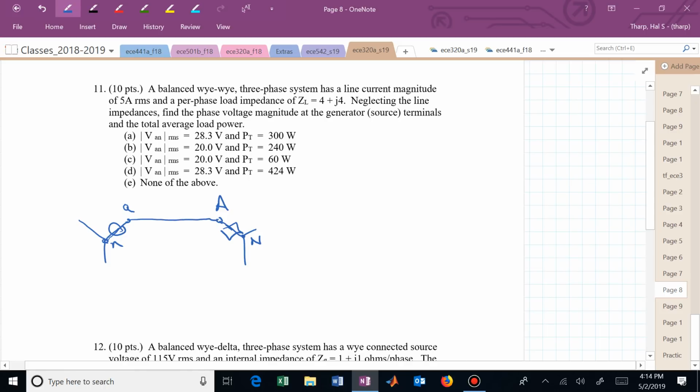We were told that nothing is really happening in the line, but we were given this current, 5 amps. Do you see how you can quickly find the voltage from capital A to capital N? You could just extract a single phase equivalent, and now you have something that looks like